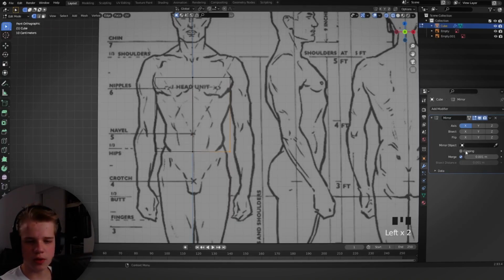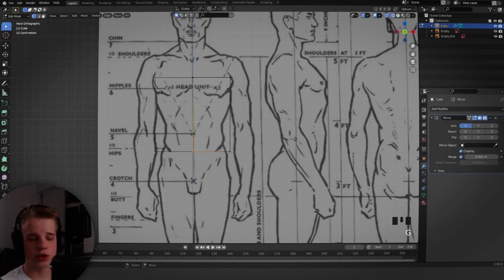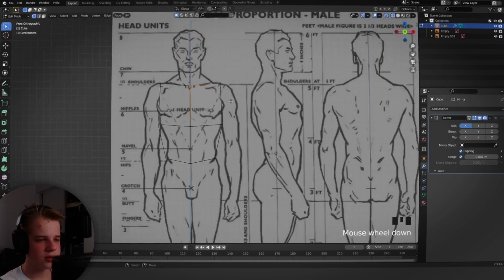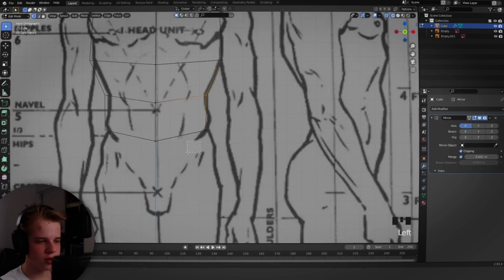So we can also enable clipping, because if you don't have it, you can see that they can pull apart. So if you have clipping, they will stick in the center, which is also pretty useful. So now G, and we can start shaping it to the body. So G, we can extrude, and then get it like that. Okay, and then maybe add another one in this body. Drag this one down slightly,